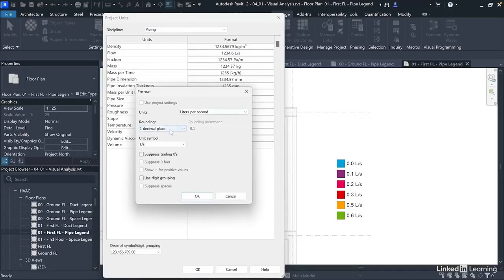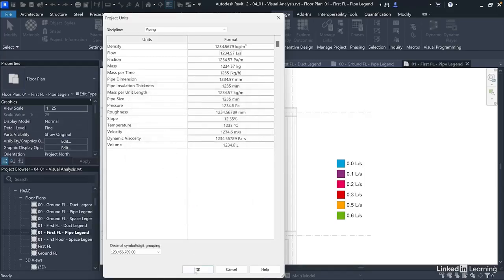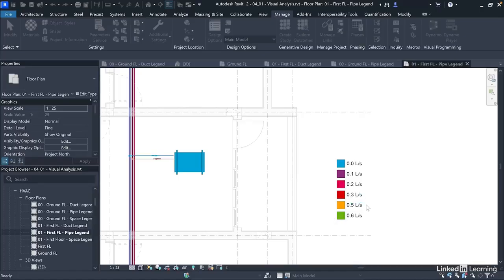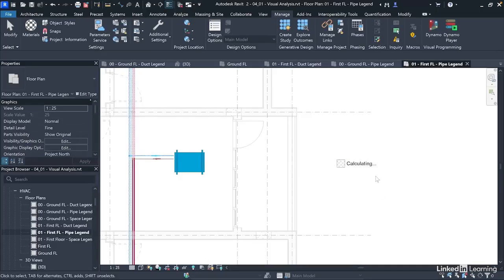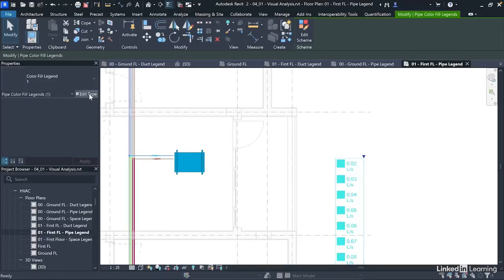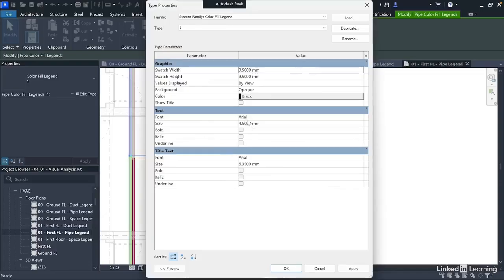From here, we'll set the rounding to 2 decimal places. You can see unit is liter per second and all that. Then we'll click OK to close this. Now you can see this actually recalculates and it will show the values in 2 decimal places, but now it's a bit too large. So we'll select this and then we'll edit type and we'll reduce the text size to